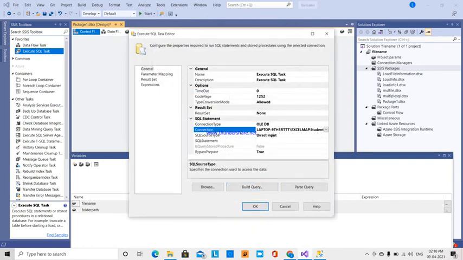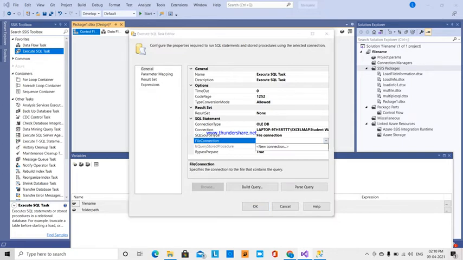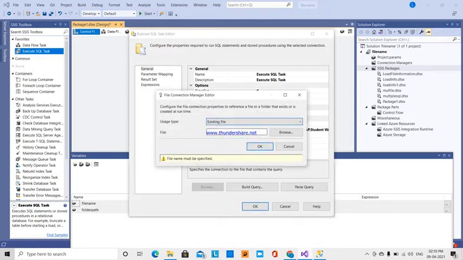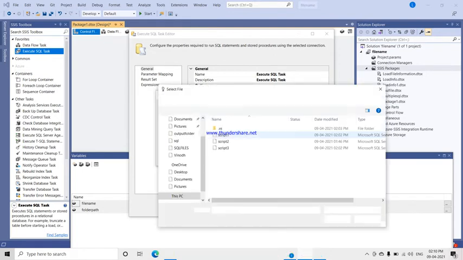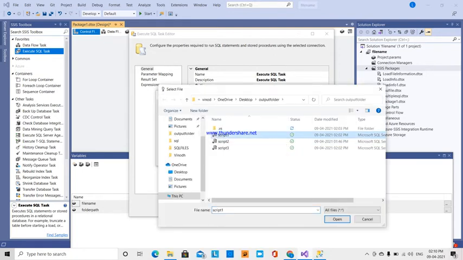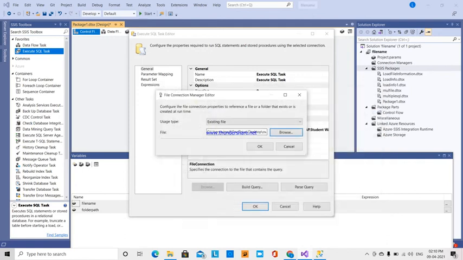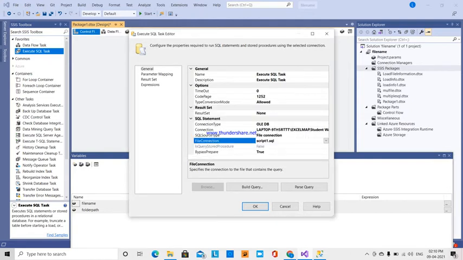Our source type would be direct input if we wanted to write a statement like insert. But here we are not giving direct input, so I'm going to give a file connection. Here I'm going to create a new file connection. It is an existing file, so we have to give the file name.